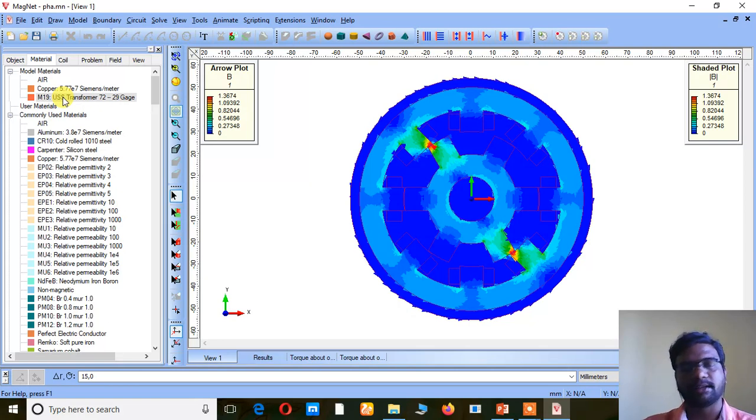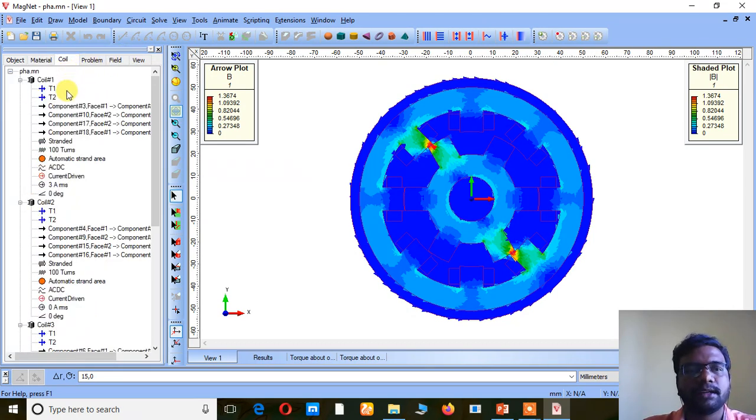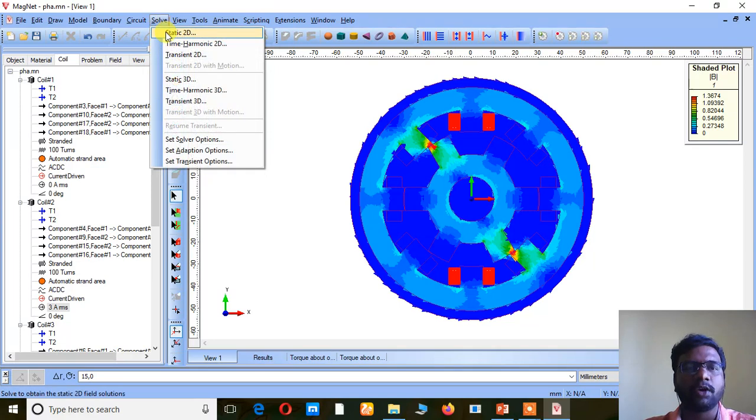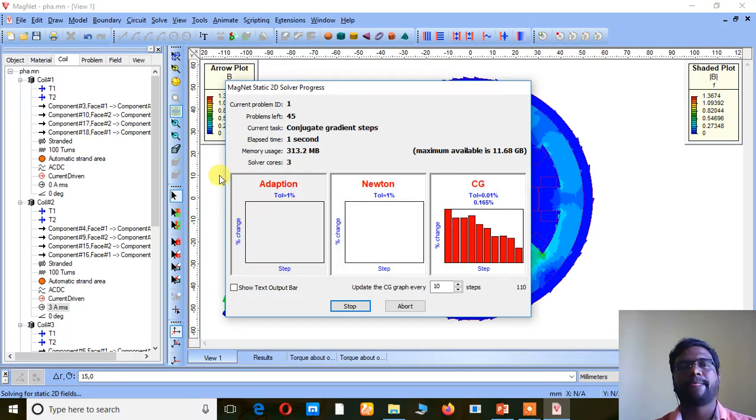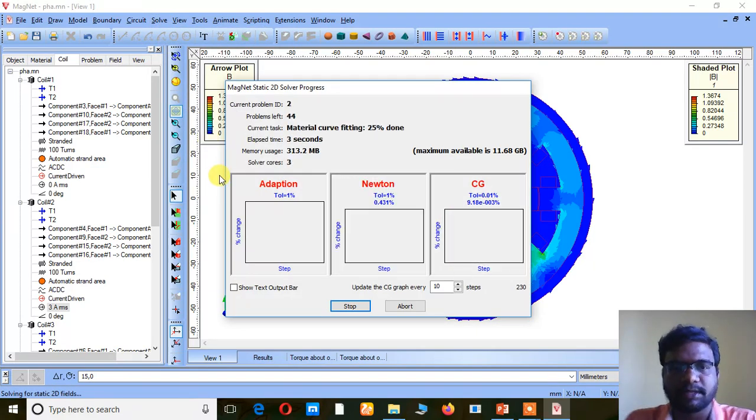For this current. Now, going back to our excitation. So now I am turning this phase as 0. Just rename it, right? After that, this phase will be coming to the excitation. So the mid phase is this one, renaming and giving 3 amps. Again, I am going to solve this one, and I am waiting for some time.